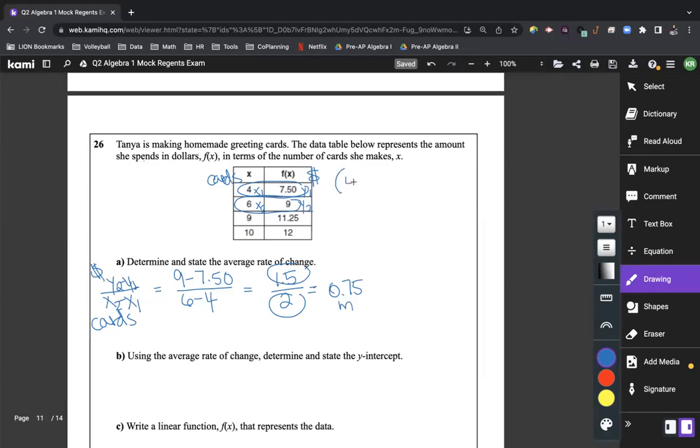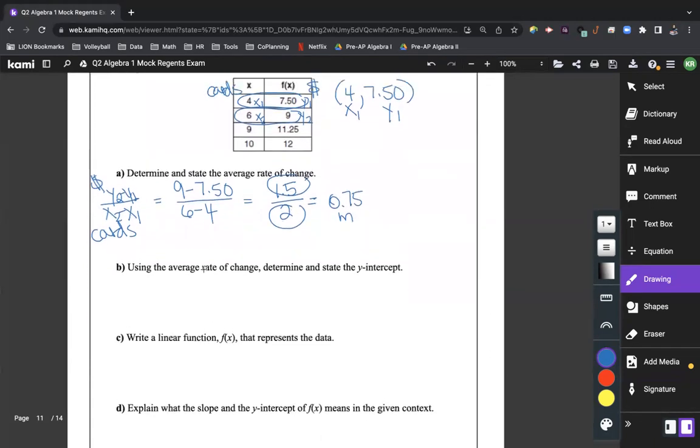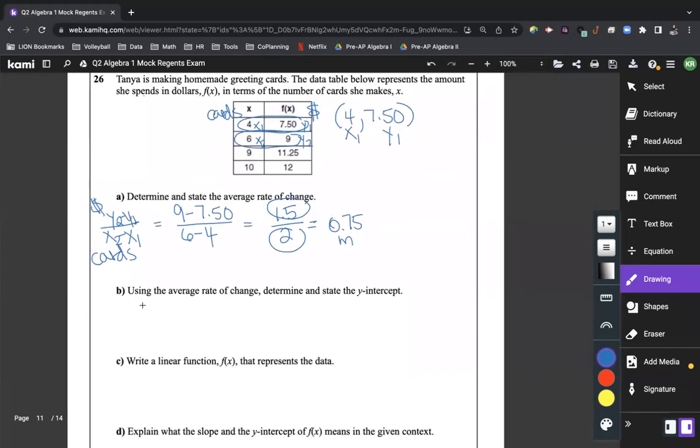So I'm going to say my X1 is 4 and my Y1 is 750. X1, Y1. That means that I can now use point slope form to find out what my y-intercept is. Okay, so here, using the average rate of change, determine and state the y-intercept. So I could have done that, or I could have